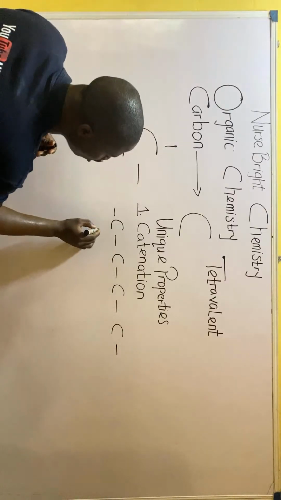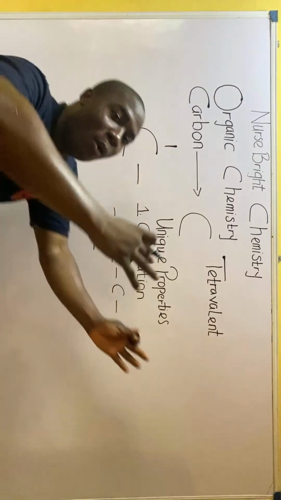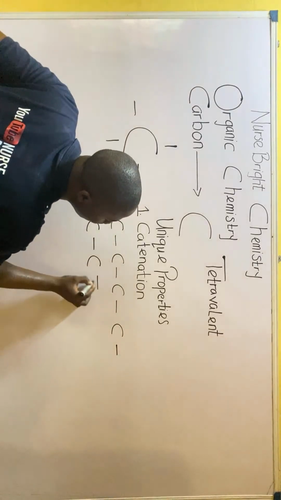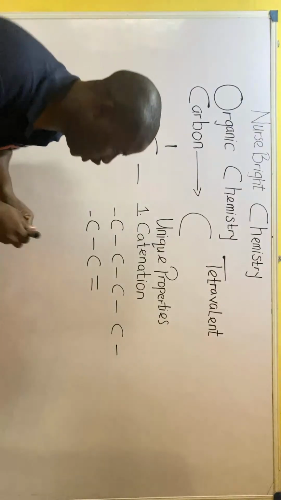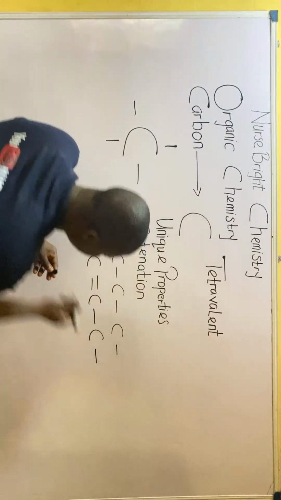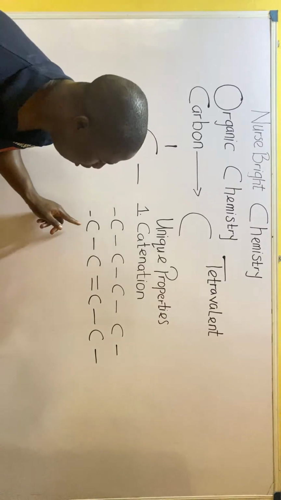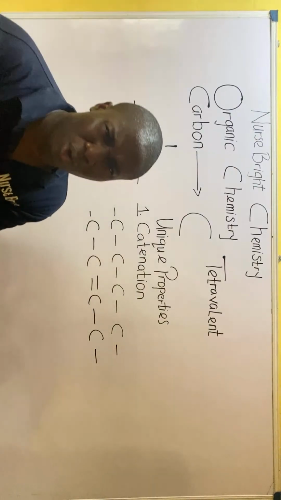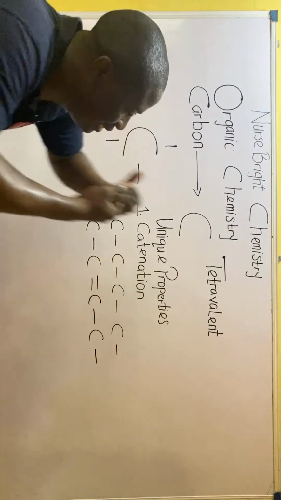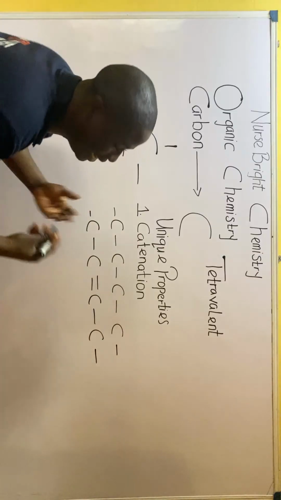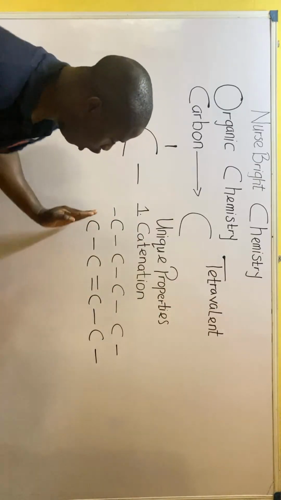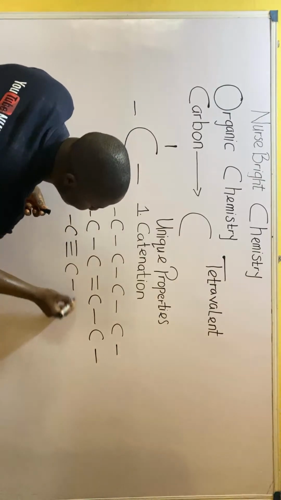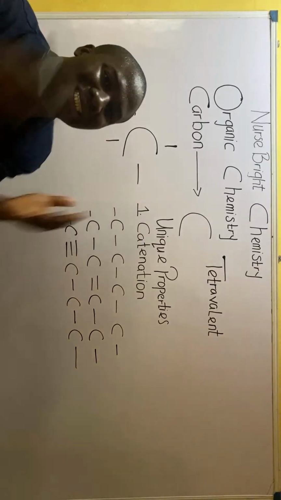So basically, carbon can also form long chains with itself, but this time around, carbon can be joined by two bonds, or a double bond. It's called a double bond. And you get my point. So if you observe now, this chain is formed by a double bond as well as single bonds. So you should understand here that the ability of carbon to form a long chain with itself, either with single bonds or double bonds or triple bonds,